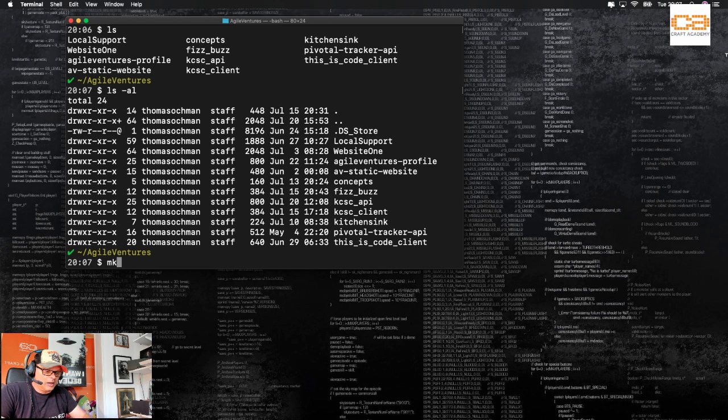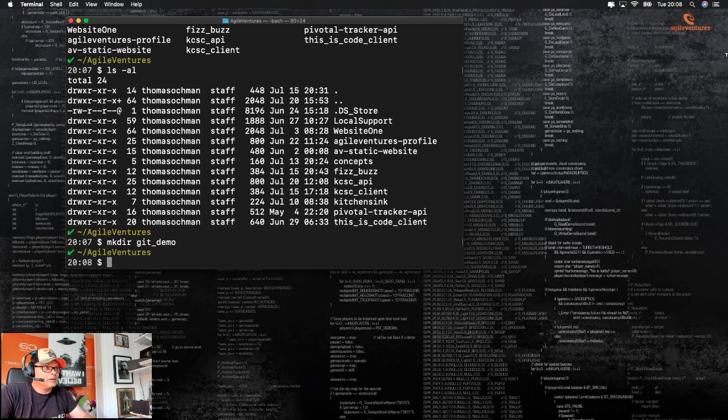I can create a folder here, mkdir, and call it git demo, for instance. And now I can touch another file. I'm going to call this readme.md,